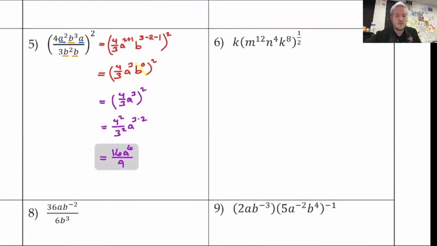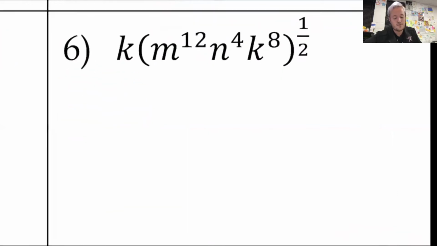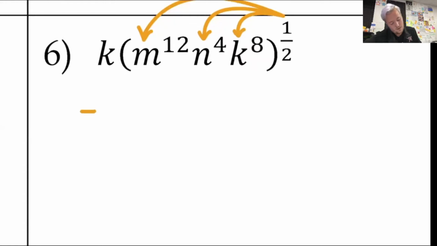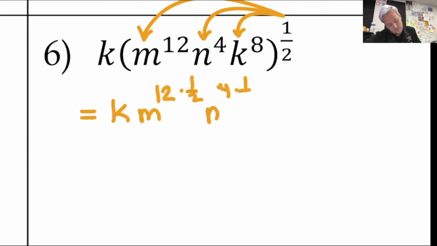All right. Now looking at number 6. Notice how we have a K on the outside of the parentheses. So right here, this 1/2 on the outside, it's not going to go to the K over here. It's only going to go to the values inside the parentheses. All right, so I'm going to have K m to the 12 times 1/2, n to the 4 times 1/2,